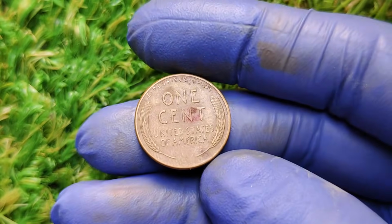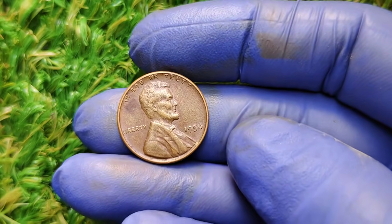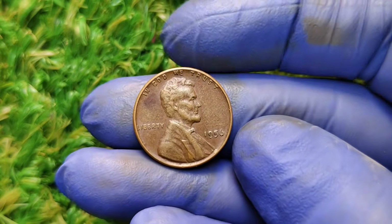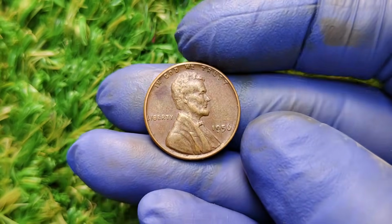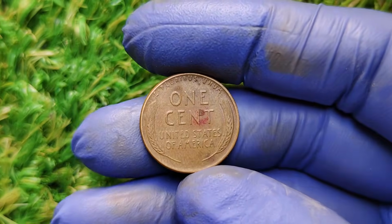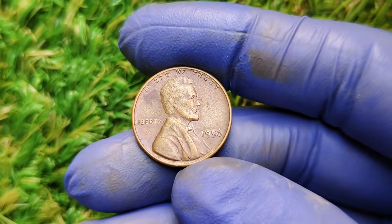Time has worn most of them down, and many were lost or damaged along their journey. This is why collectors always talk about condition. The difference between a circulated 1956 penny and a well-preserved one can be massive. A worn one may only be worth a few cents, but a high-grade, uncirculated one can astonish even experienced coin